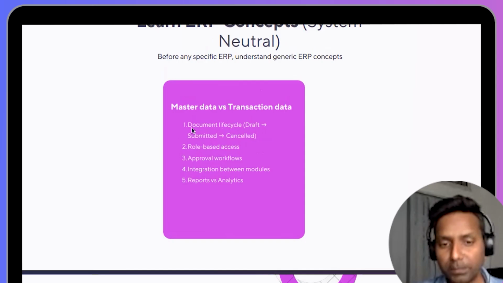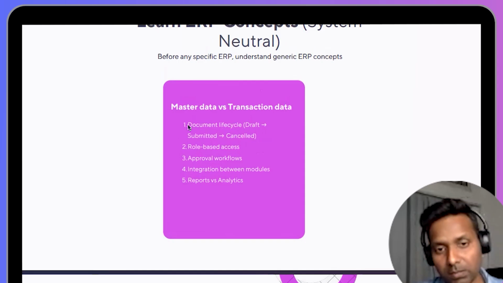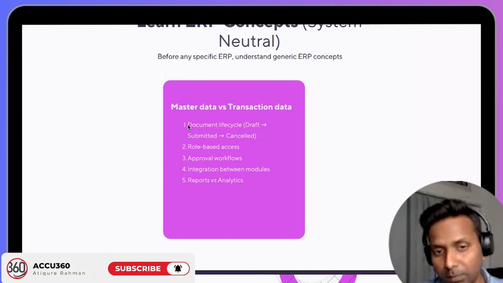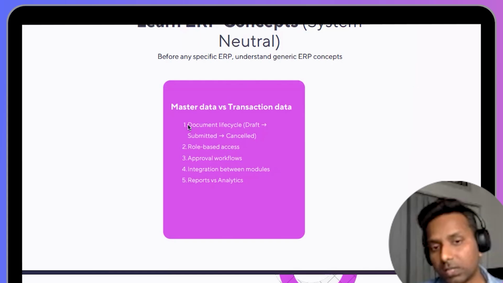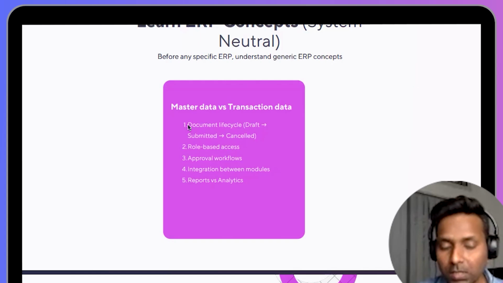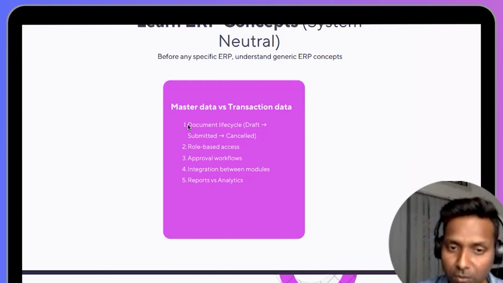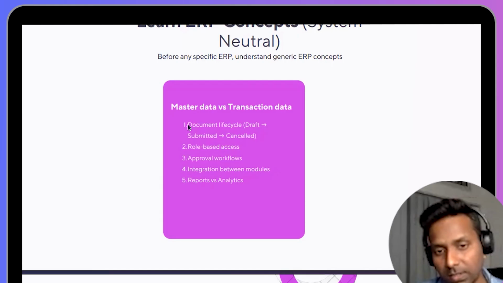So in businesses, these are very common requirements, but you have to make sure that the ERP you are dealing with or working on supports all these things or not. So how can you evaluate an ERP or any software? You can only evaluate it if you know what processes are needed in the business.